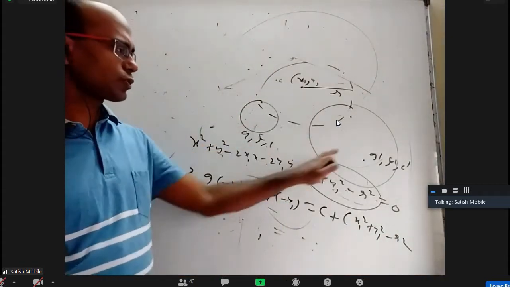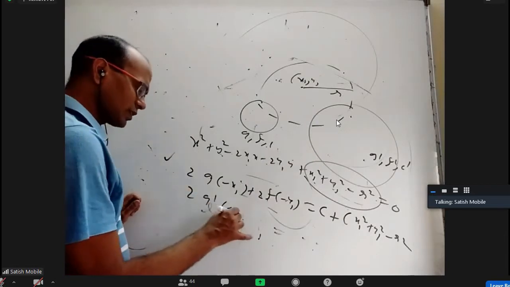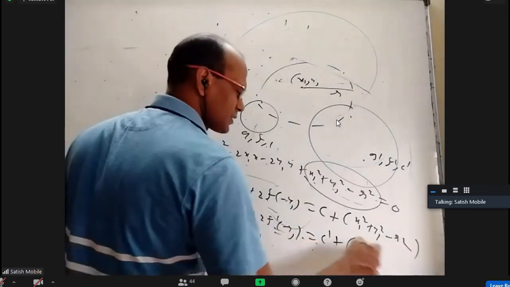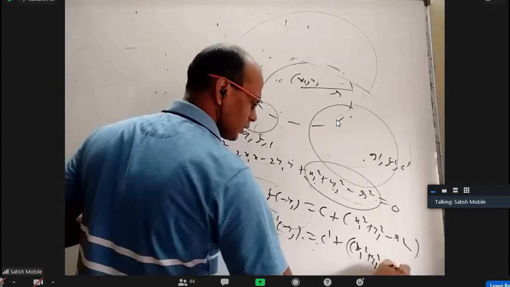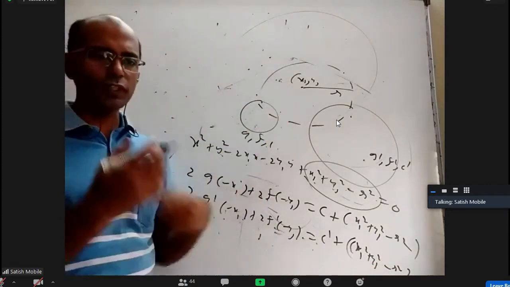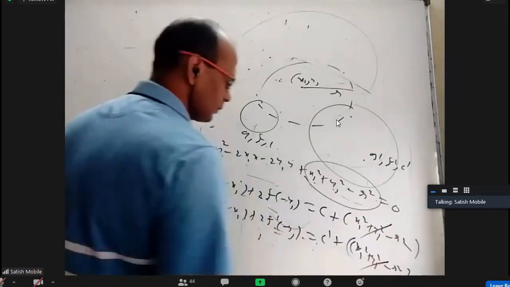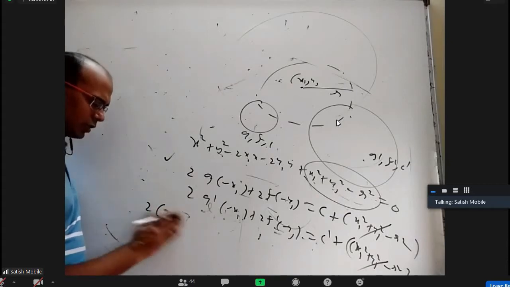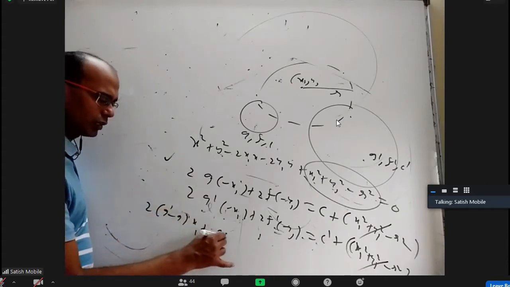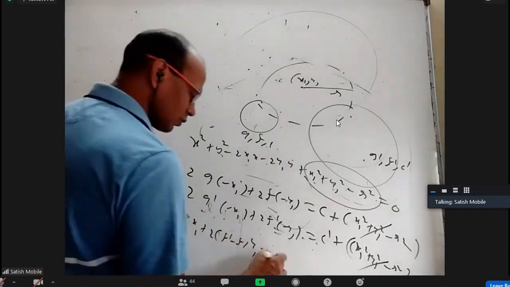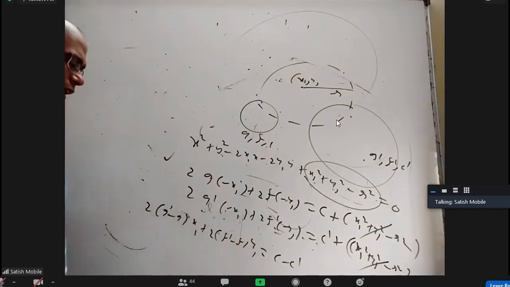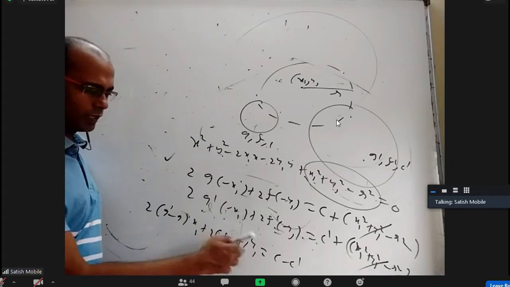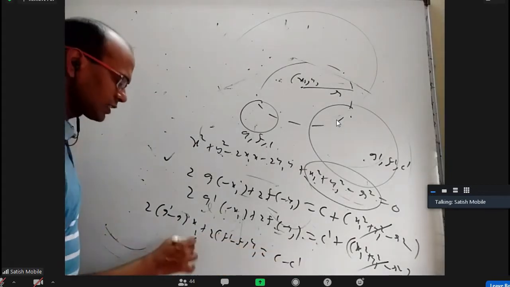If I apply orthogonality for this and this, I'll get 2G dash into minus x1 plus 2F dash into minus y1 equal to C dash plus again the same x1 square plus y1 square minus r square. I want the locus of x1, y1 without any r. How to eliminate r? Subtract these two. This will get cancelled. When you subtract these two, what will come? You'll get 2 into G minus G dash, or G dash minus G, into x1, plus 2 into F dash minus F into y1, equal to C minus C dash. When you bring this to one side, that is nothing but the radical axis, S minus S dash equal to 0: 2G minus 2G dash, 2F minus 2F dash, plus C minus C dash. This is nothing but S minus S dash.